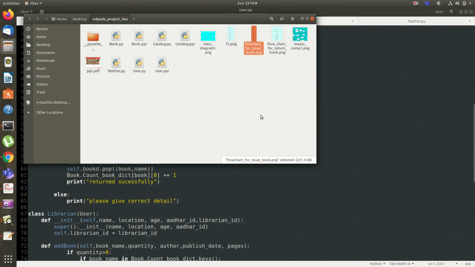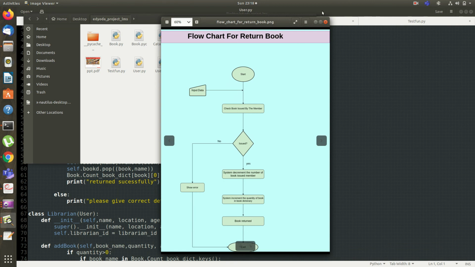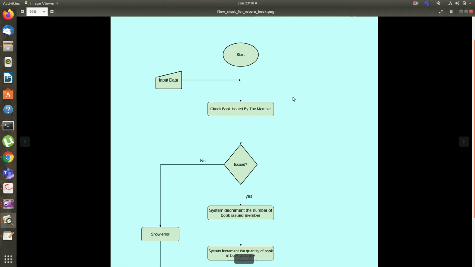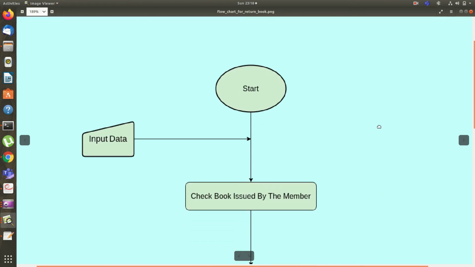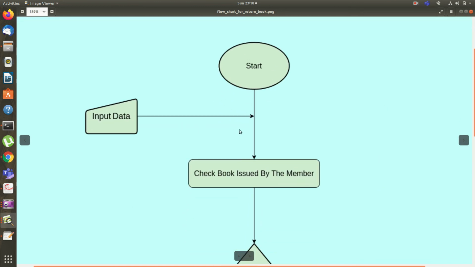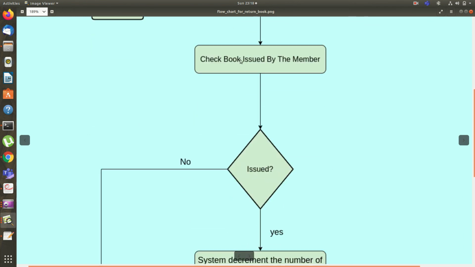And the same goes for the flowchart for return book. Let's look at the flowchart for return book. Here we give the input data, name and book name, and check whether the book is issued by the member or not.